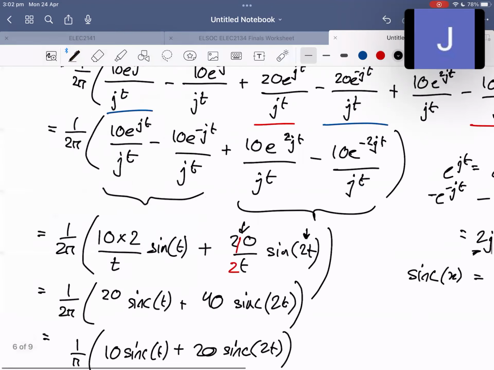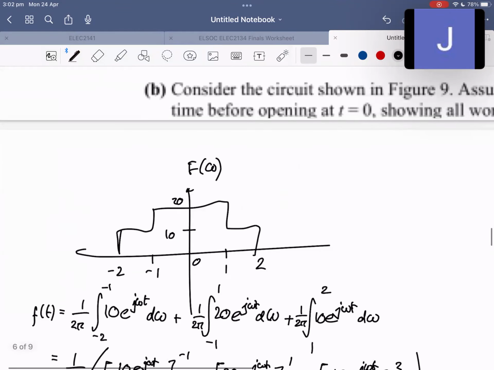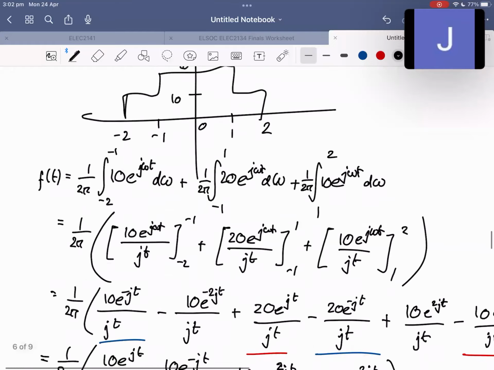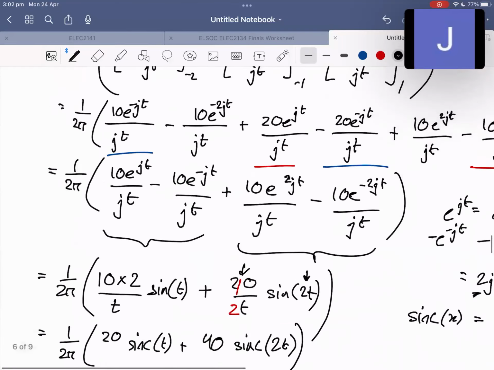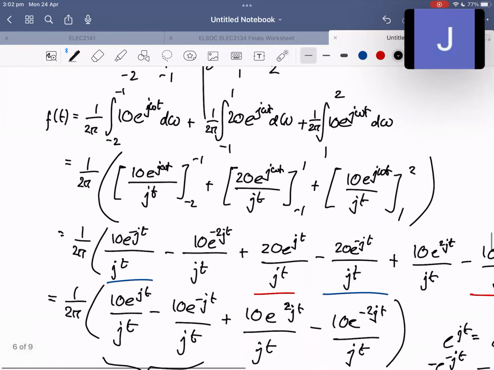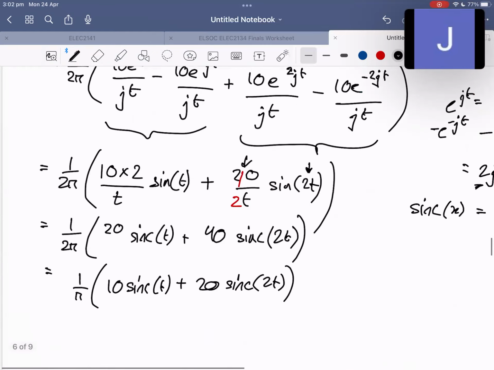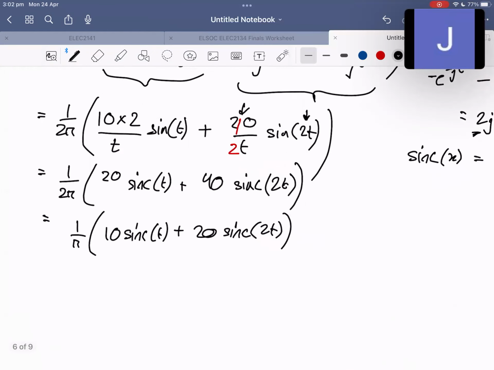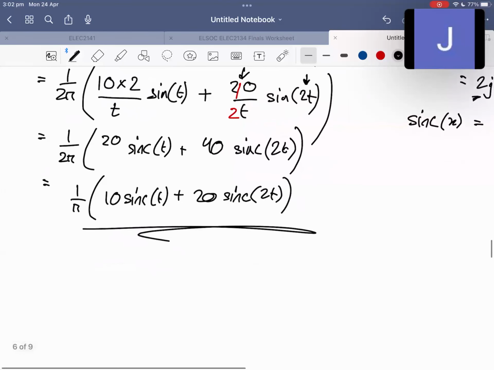By naive, I mean there's a way to do it where you recognize that you just look at the Fourier transform table and you can go through that way, and it's a lot shorter. But this is just meant to show that you can still get to the same answer from first principles. It might just take a little longer. Yeah, so that's the final answer. It's 2 sinc functions. And so the other way is,